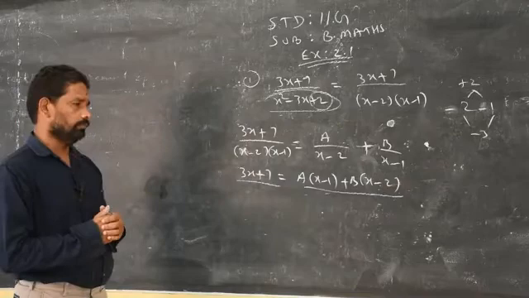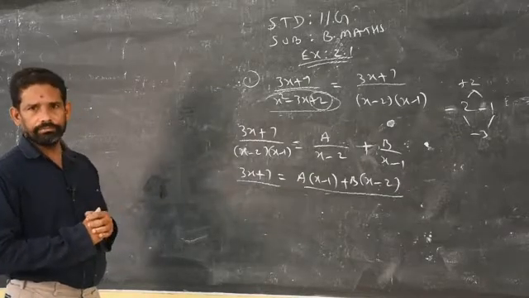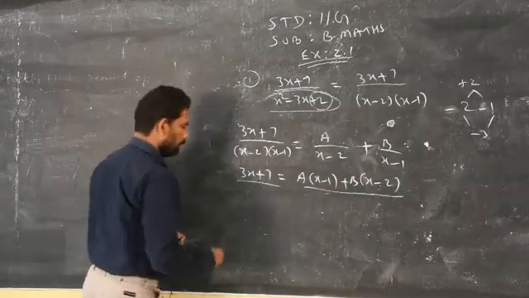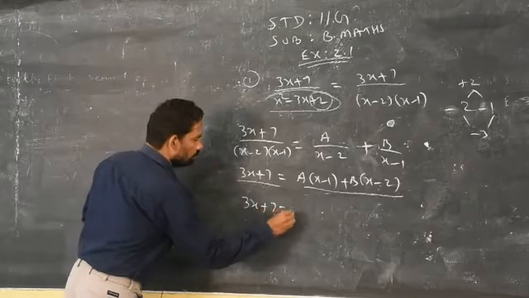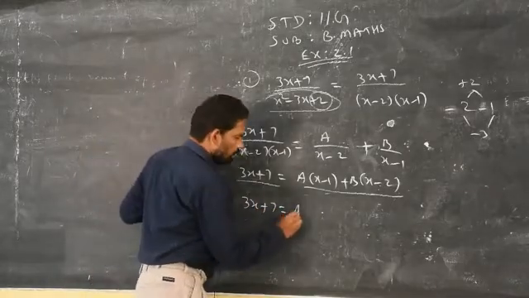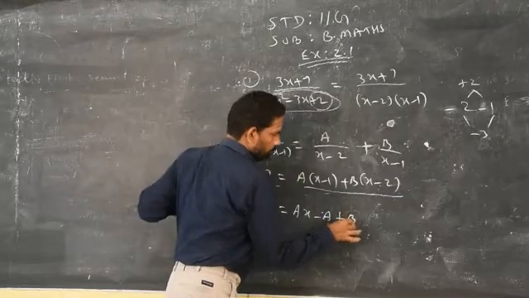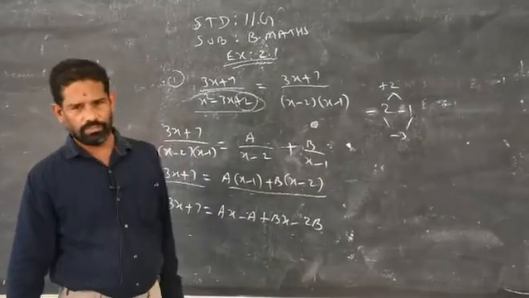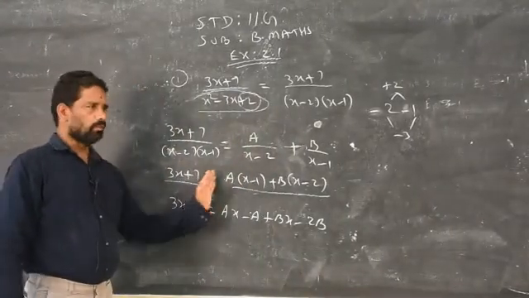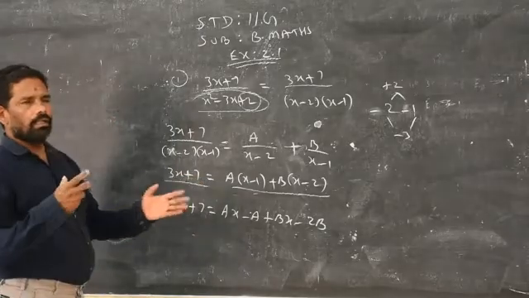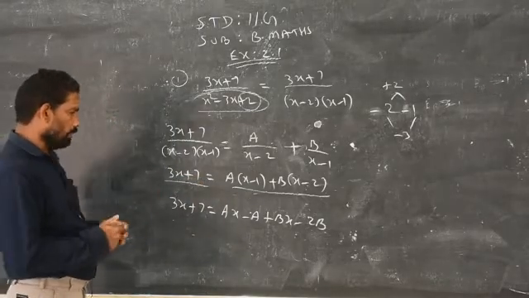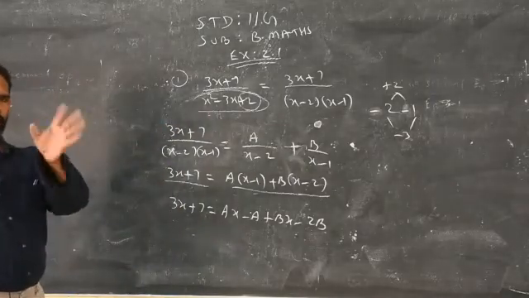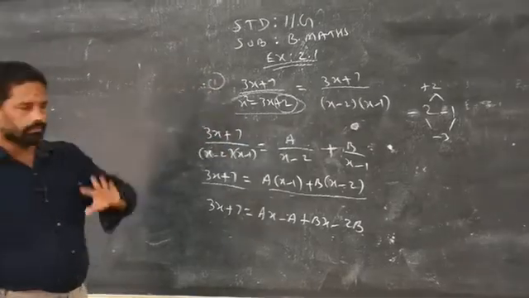How do you find out? Two methods are there. You take A inside the bracket and B inside the bracket. I will tell you both methods and you yourself choose which one is easier for you. But this method you are going to apply for some cases in the same exercise. Removing the bracket on the right side and comparing the coefficient of x and constant, you will get the answer. Now I am going to do that process, then I will teach another method and finally you choose which is better for you. Clear?